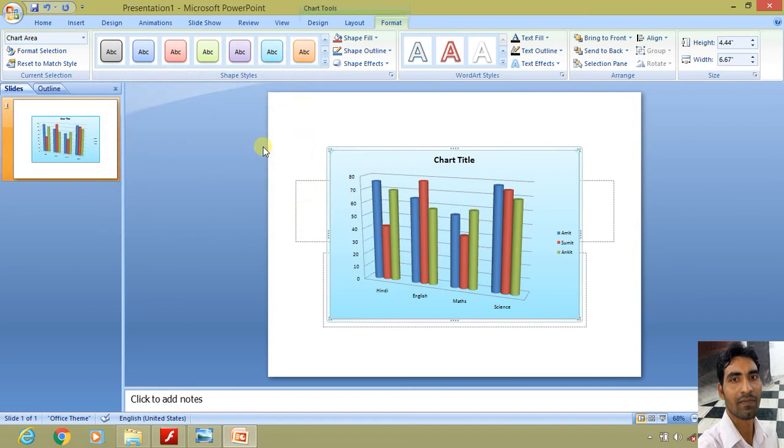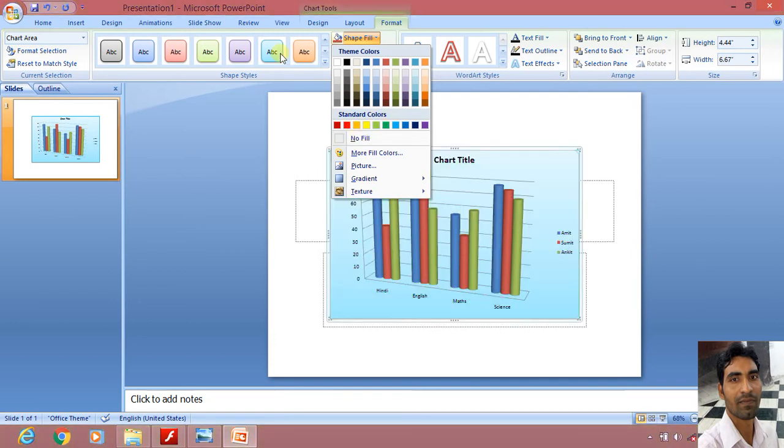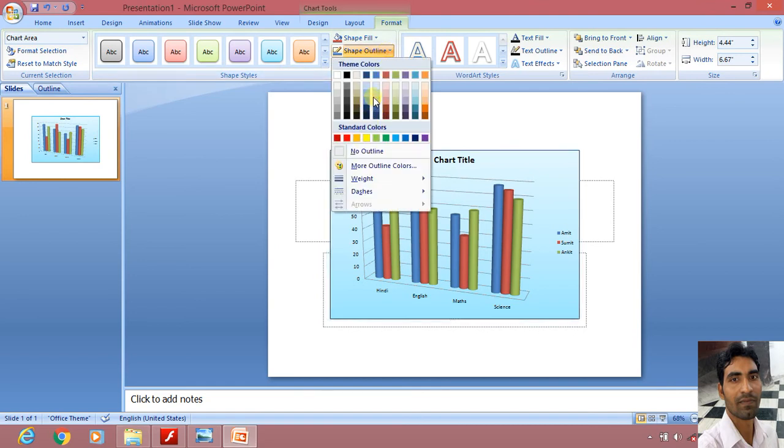Like this one you want, this one, this one. So this one. Now Shape Fill. If you want to have Shape Fill, from here you can click the Shape Fill option. Shape Outline, any color you want, like red color. So this shape outline will appear in the line outline.